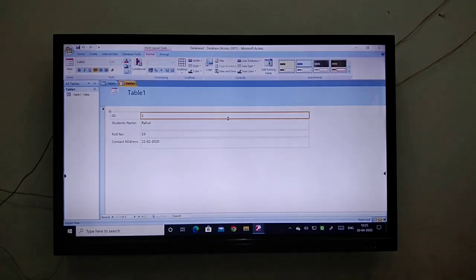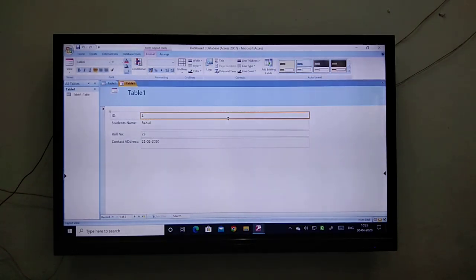Now if you have big data, you can make a big form. Like when you are going to take admission in any school, the school will give you an application form. So with the help of this, we can make any application form where students and employees register their personal information. Okay, so to make the form, you need to first save that particular table and then go to that section.